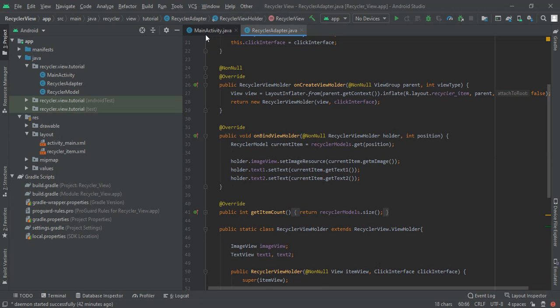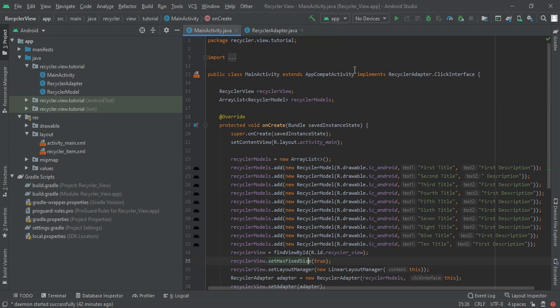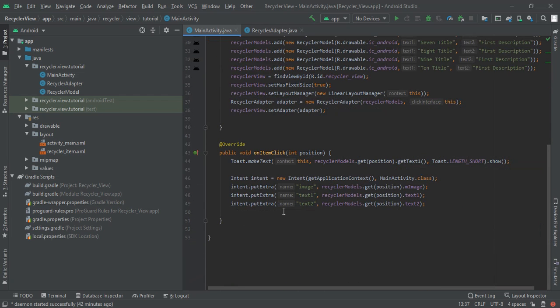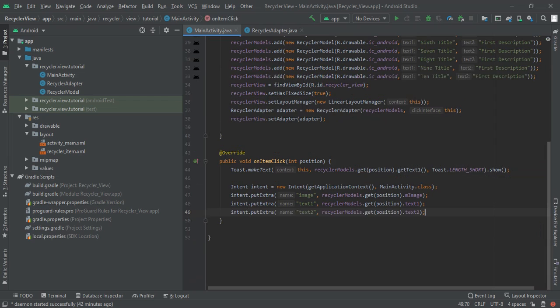Move to the main activity and implement RecyclerAdapter.ClickInterface. When you add this, you will get a huge error asking you to implement the method that we created in the previous adapter. So here we have to implement the onItemClick method, which contains an int position.